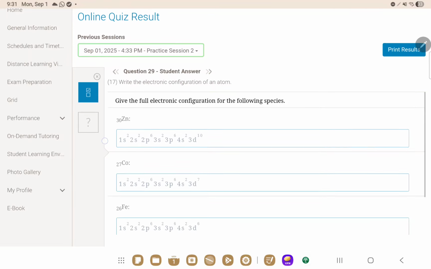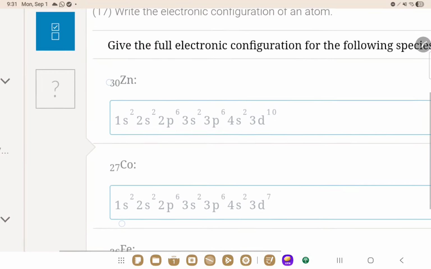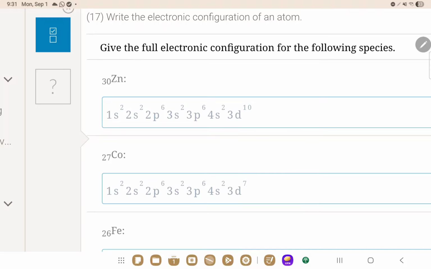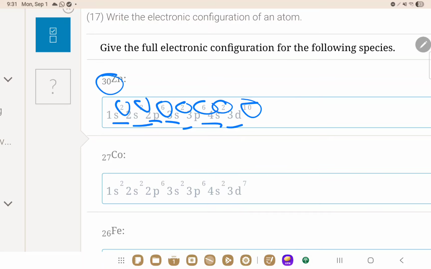This question is all just how you write SPDF. So here, you keep writing like I told you, S, S, P, then S, P, S, D, P if you wanted to continue. So you keep writing that until you reach 30. So 2 plus 2 is 4, plus 6 is 10, plus 2 is 12. Plus 6, 18, plus 2 is 20, plus 10 is 30. Then you stop. Now in cobalt,